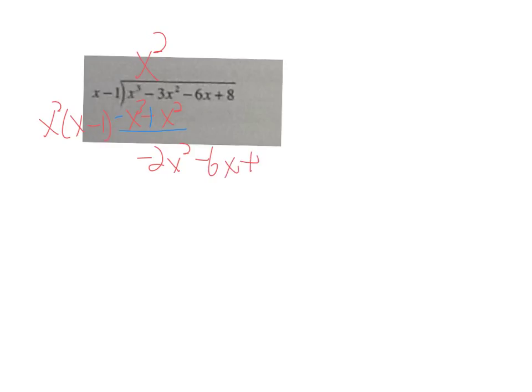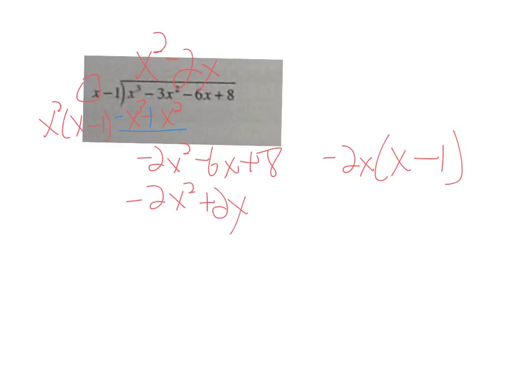That leaves me, if the x cubes are gone, which was the point, negative 2x squared minus 6x plus 8. Then you ask yourself, what times x is negative 2x squared? Well, negative 2x. So I'm multiplying negative 2x times x minus 1, that's going to be negative 2x squared plus 2x. But then again, we've got to change our signs and subtract them. So the 2x squareds are gone. That leaves me negative, let's see, what is that? Going to be negative